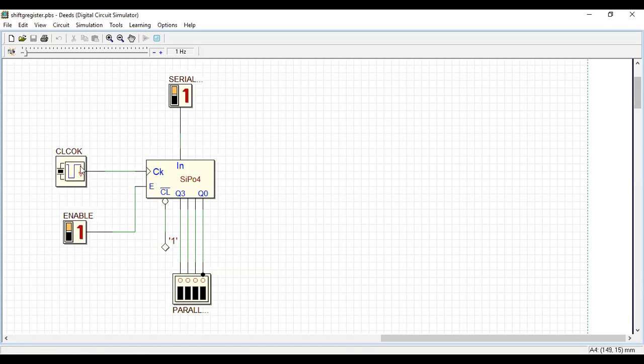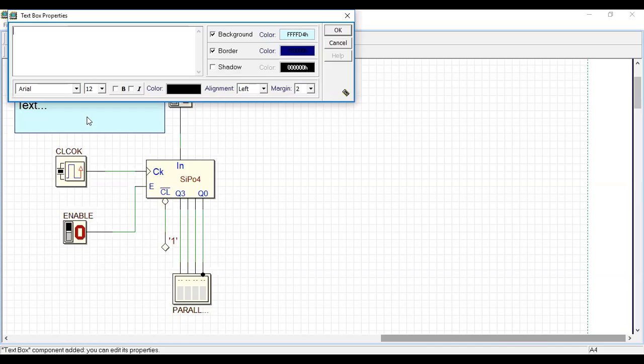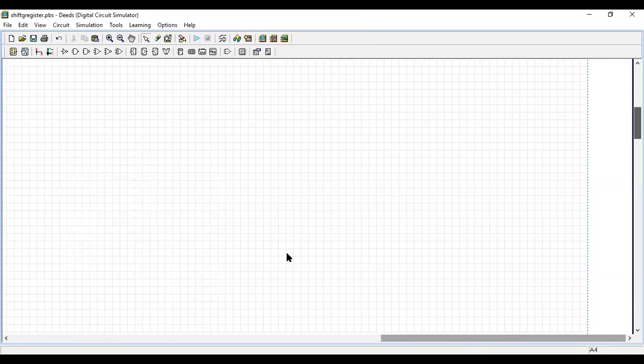Now I'll change my input and then I'll apply. So first clock, yeah, it has come. Second clock, third clock, fourth clock. Yes. So it's the serial in parallel out. It is working very fine for us. So I'll stop this. You can also put a background title bar for everything. So what is this? This is 4-bit SIPO. So that you can easily remember it when you come back.